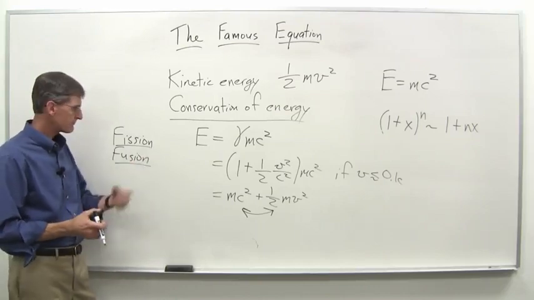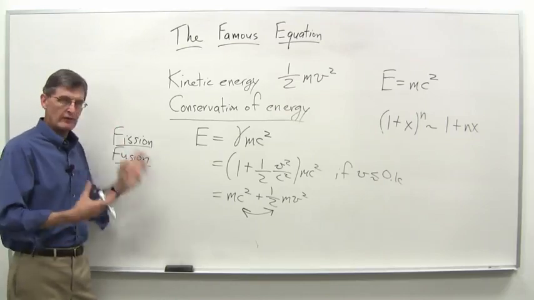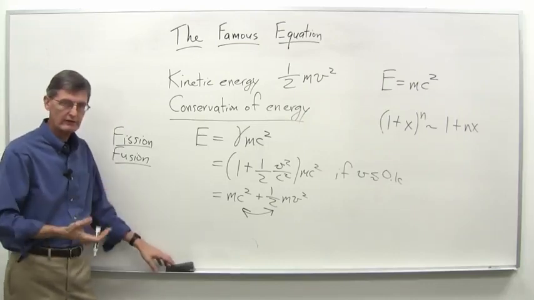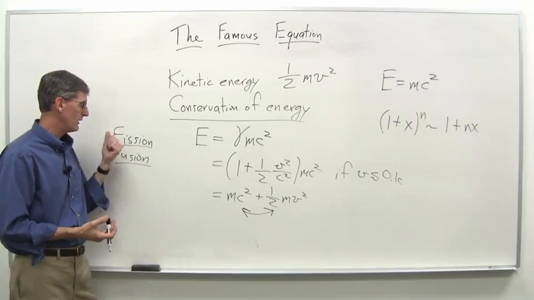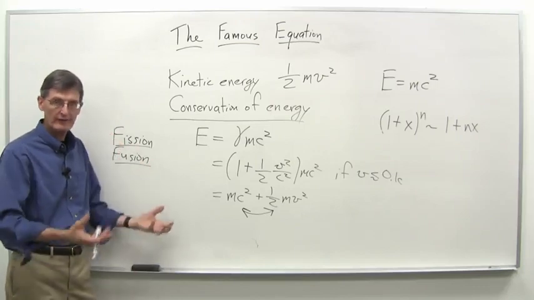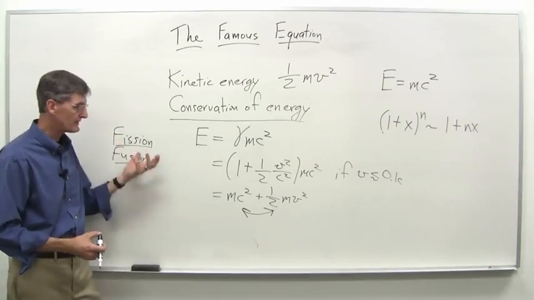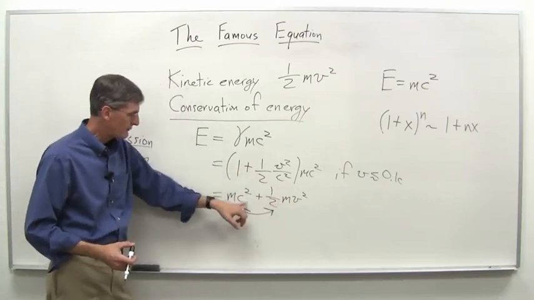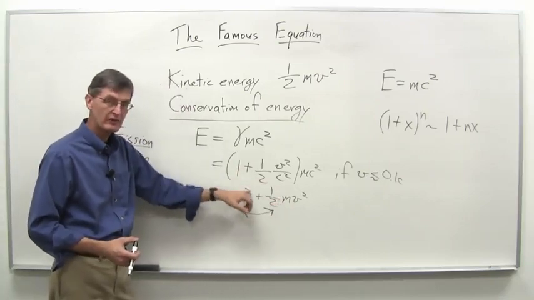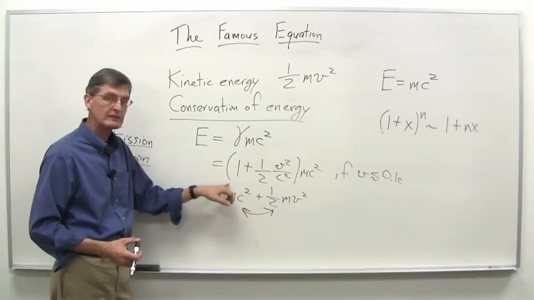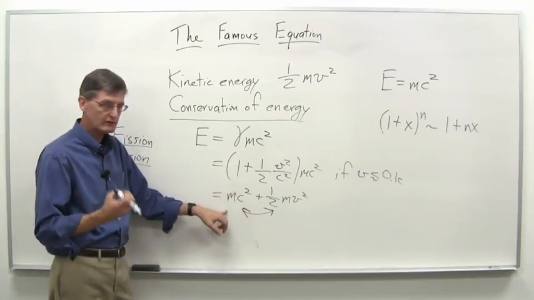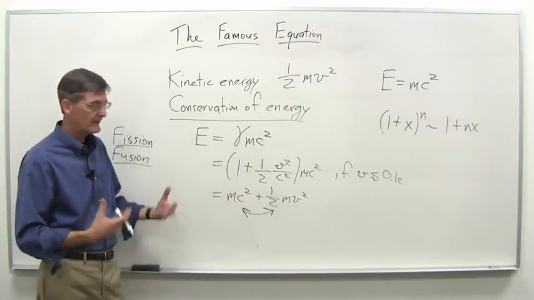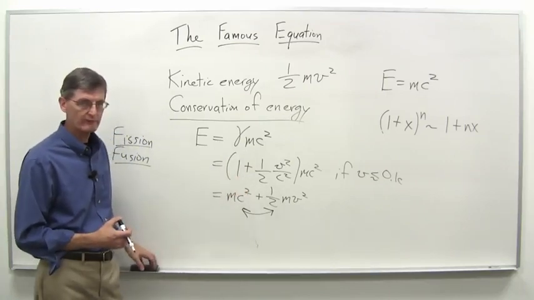Nuclear fission was developed, the idea of it, the concept of it, over a number of years, 1920s, 1930s, and ended up in the development of the atomic bomb, or atomic energy in general. In other words, when you're liberating energy like this, because c squared is such a big number, it takes just a little bit of mass. If you can liberate the energy inside there, you get a lot of kinetic energy and heat energy and other forms of energy out of that.